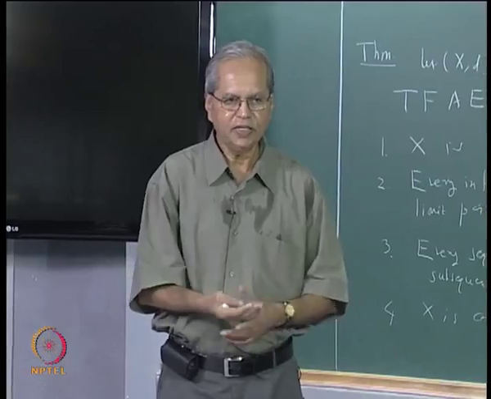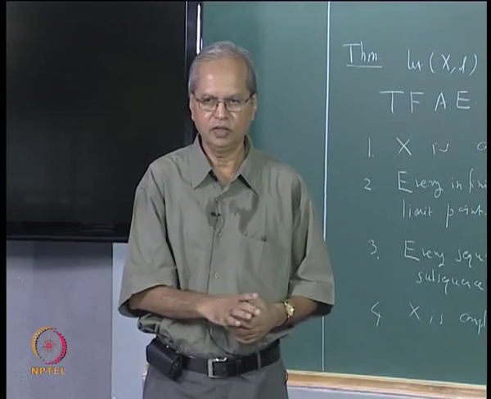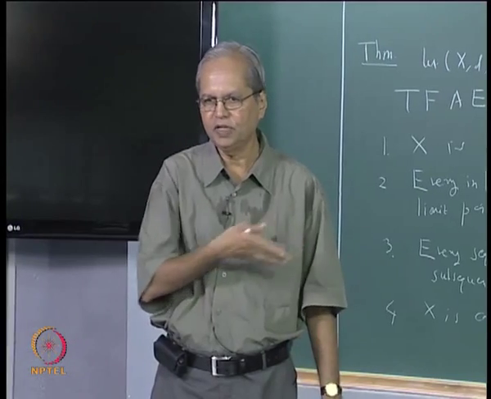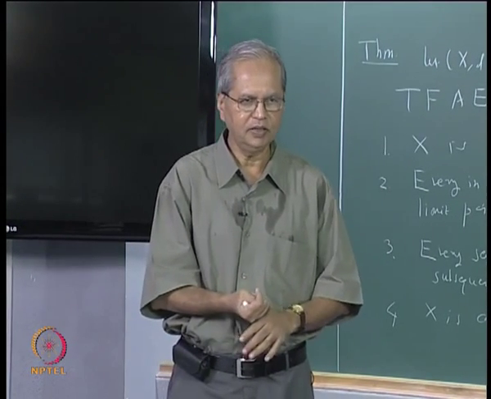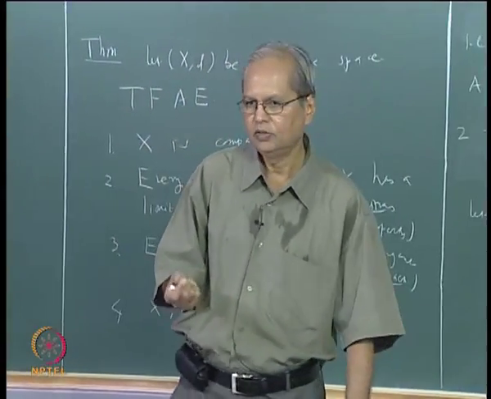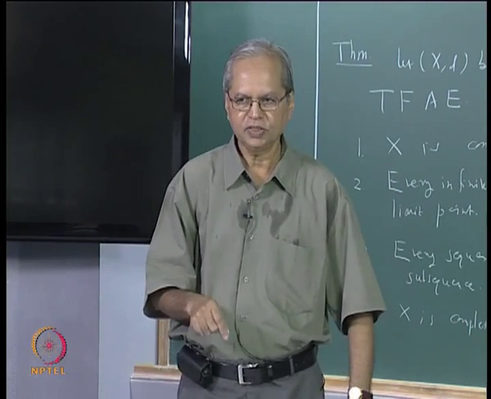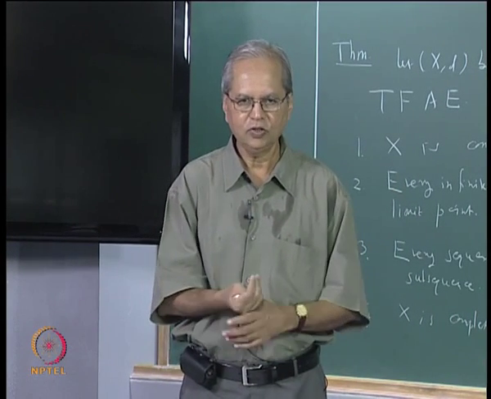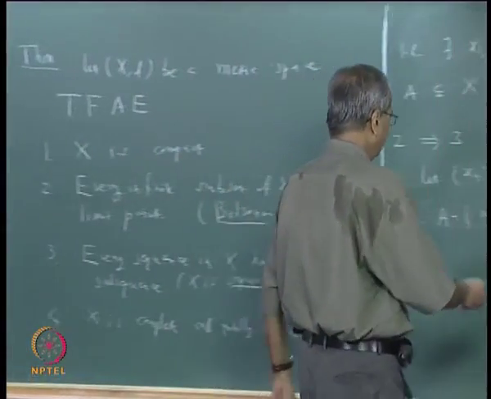If A is finite, is it clear that at least one member of A must repeat infinitely many times in the sequence? At least one will repeat infinitely many times. You take that particular subsequence, that is obviously a convergent subsequence. So let us say that if A is finite,